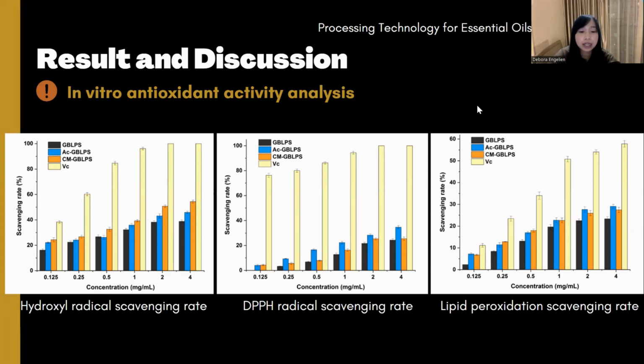So, hydroxyl radical scavenging activity is one of the most commonly used indices to evaluate antioxidant activity in vitro, as shown in the figure on the left side of the screen. So there was a significant positive correlation between the polysaccharide concentration and the scavenging rate. When the concentration of GBLPS reached 2 milligrams per milliliter, the scavenging rate basically reached its maximum value, which